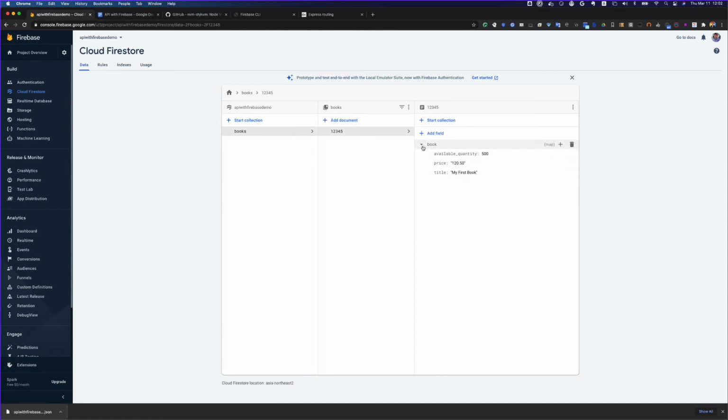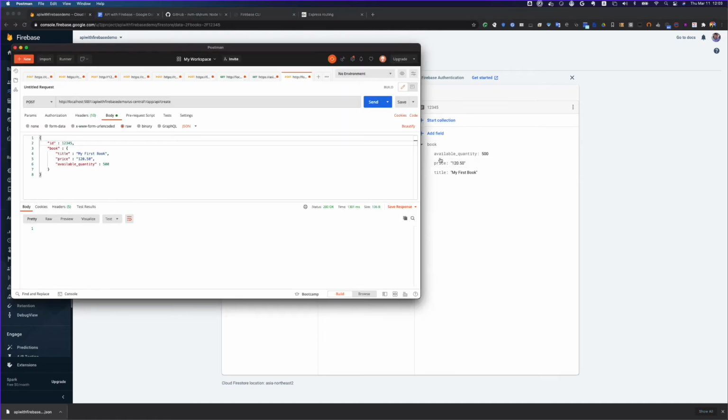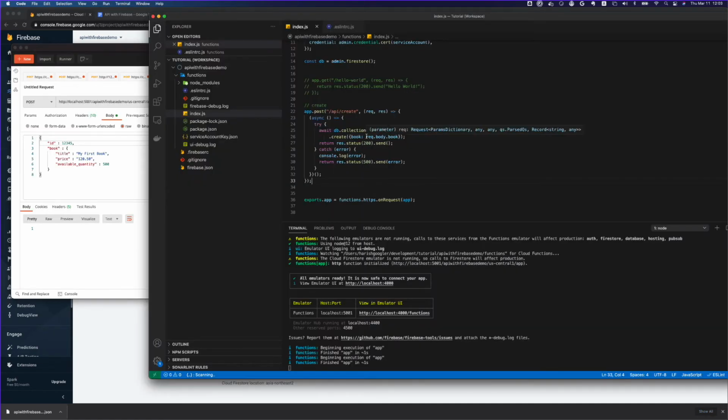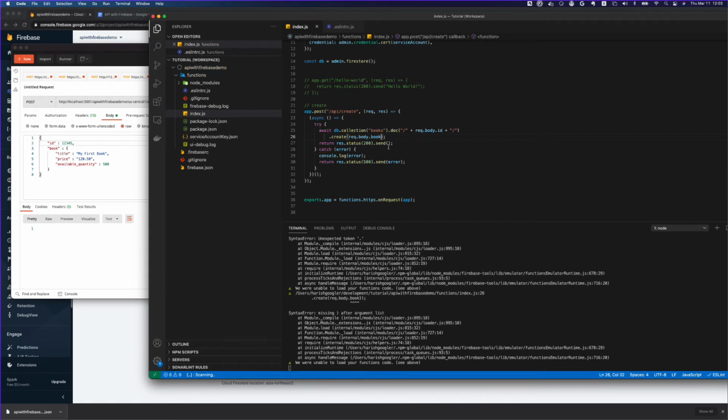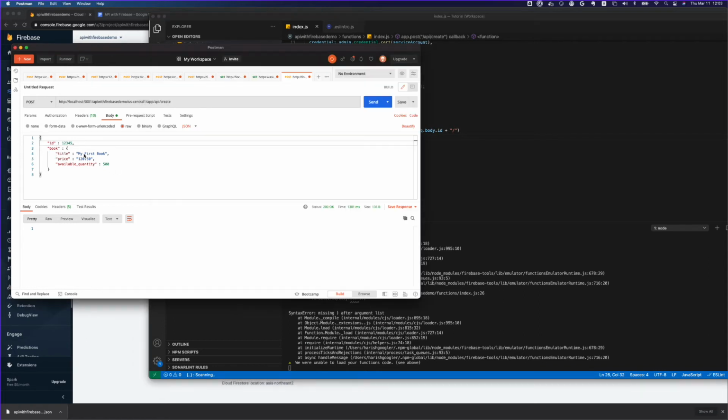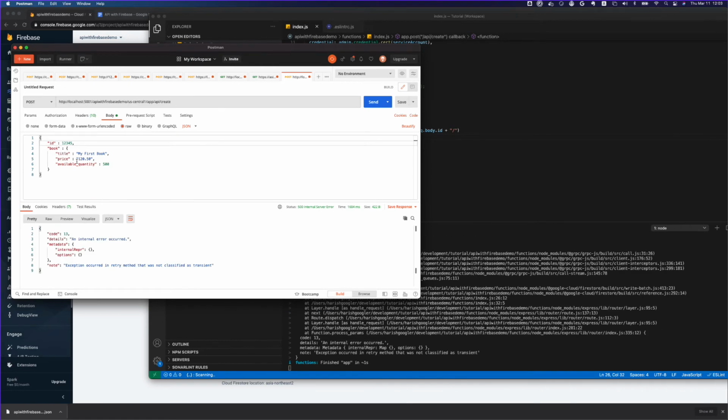Why do you require this? Let's suppose you want to have some more user information or some other thing, like who created it, so you want to separate it into a different field, or if you just want to have it directly. For that also you can very simply go and change this. Instead of creating it as an object, you can just give it like this, and then it will take the object whatever you are sending, and it will just put the fields there. So let's send it again and see what happens.